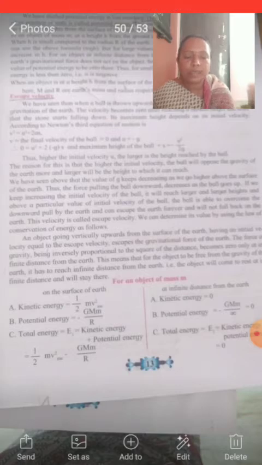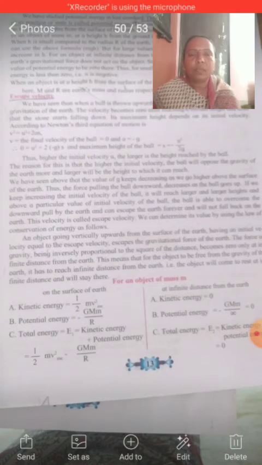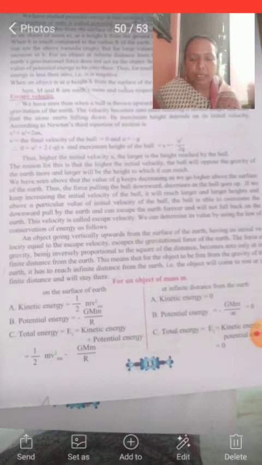You know that in Newton's law of gravitation we studied that the force applied on an object is inversely proportional to the square of the distance between the two, the object and the earth. So when the distance is very large, the force becomes zero. That means at infinite distance the force applied on that object becomes zero, so it can easily escape the gravitational force area and go outside of it.